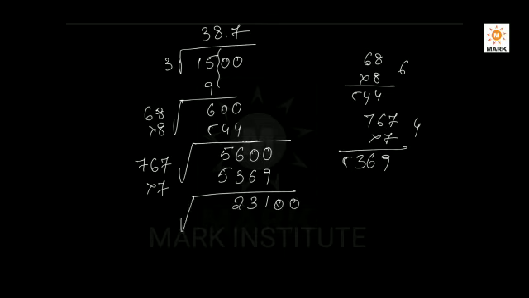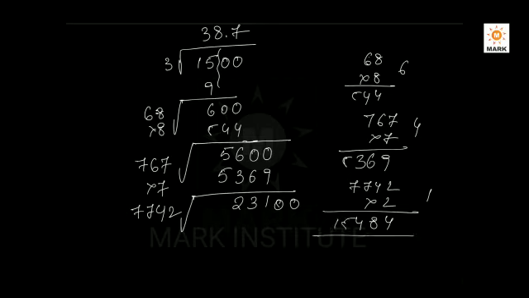Continue it. What is double of 387? 387's double is 774. So I think 774, 23,000 here. 2 times, 3 times is more, I think. So I think we can go for 2 times. 7742 into 2. So 4 it is 14, 1, so 15. So 15,400.